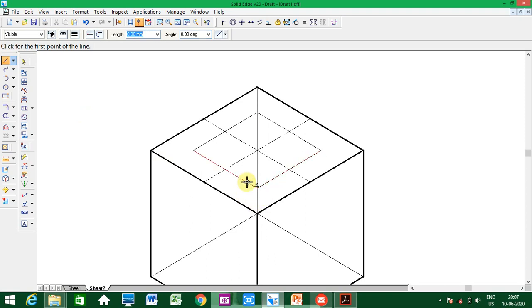Okay, from here to the opposite corner's opposite side midpoint, you draw one line. From here you draw another line with the scale, this line. From this, take the opposite side obtuse angle point. From here you draw another line up to the opposite side midpoint. Then from here, use the same method I explained for drawing an isometric circle in the previous videos. I'll send that video along with this diagram drawing.